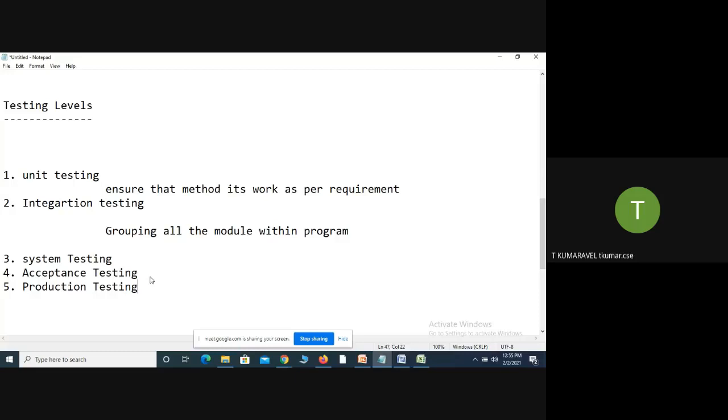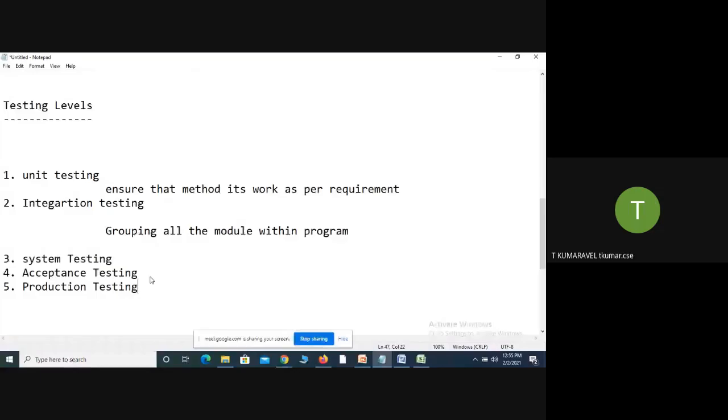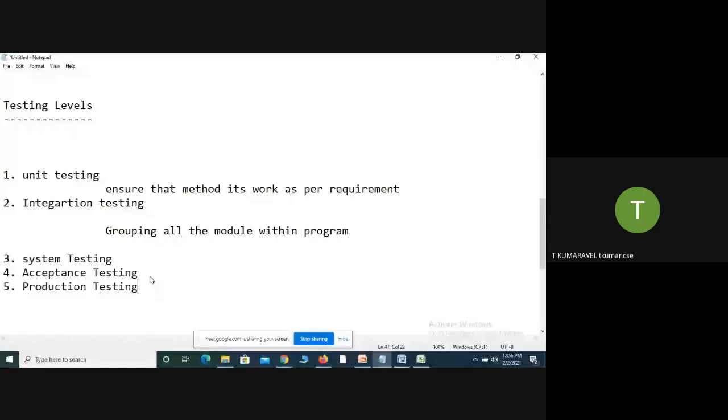We take one of them, and it will ensure that the methods within the program are working fine or not. Next, integration testing: the units are tested together, and I check whether it provides a consistent result or not. Consistency means whether the communication and interaction among all the classes occur or not. So that is integration testing.